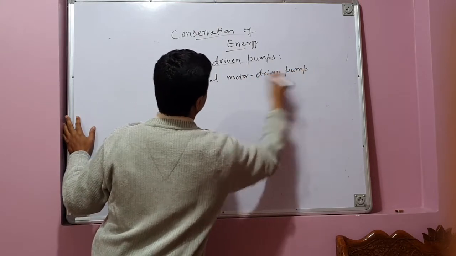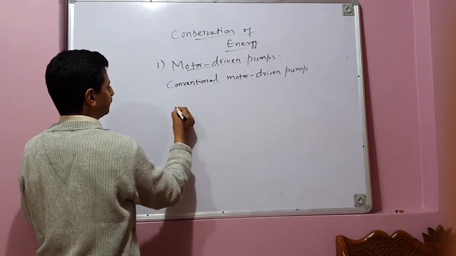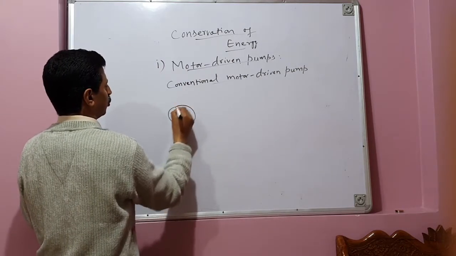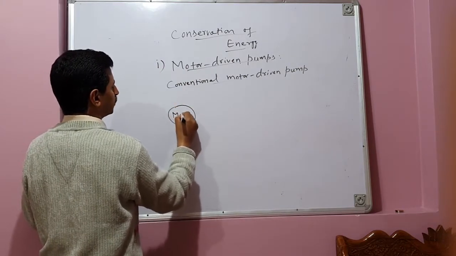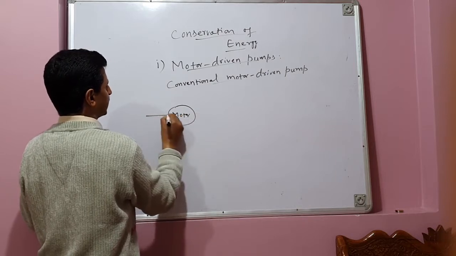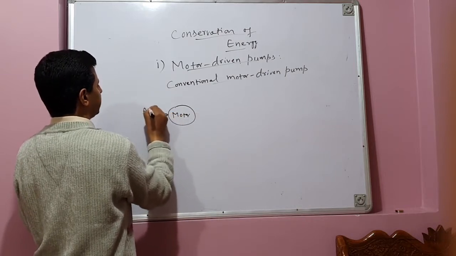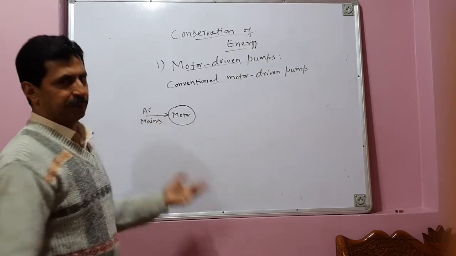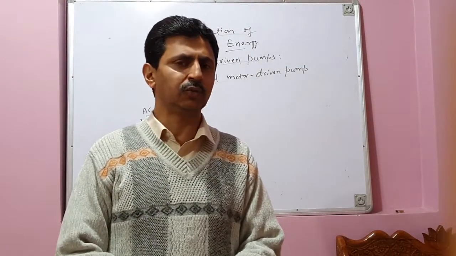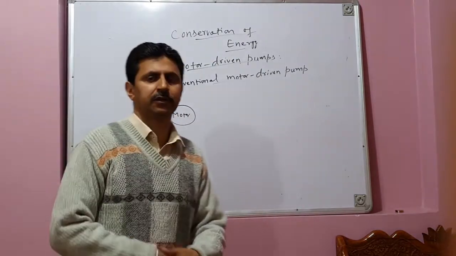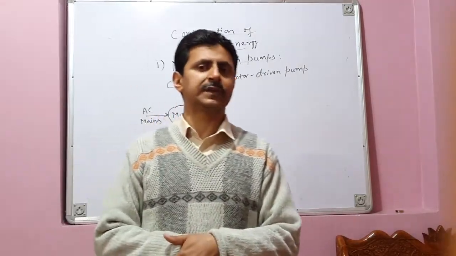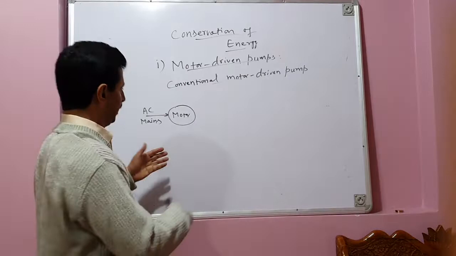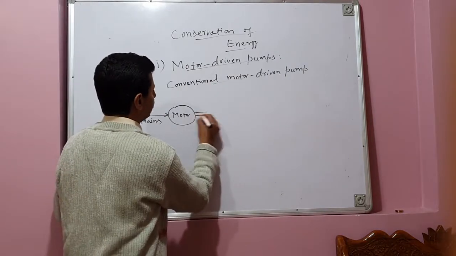it looks like this. You have a motor. It is connected to AC mains. If it's a single phase motor, it is single phase, 50 hertz, 230 volts. If it's a three phase motor, it will be 415 volts, three phase at 50 hertz. Depends. Then this motor is coupled